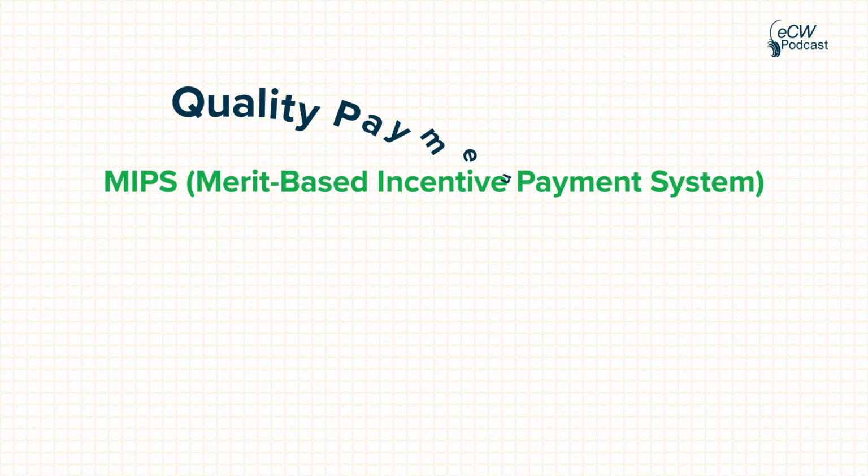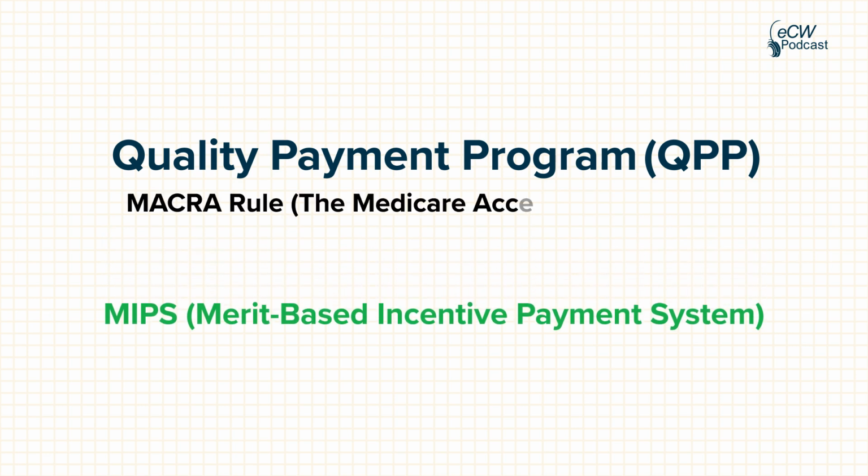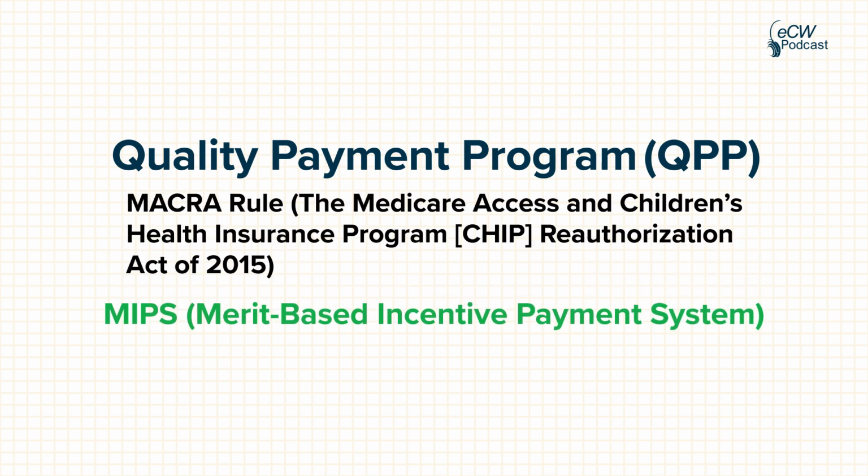Yeah, absolutely. So MIPS, which stands for Merit-Based Incentive Payment System, is one of the components of the Quality Payment Program, also known as QPP, which was part of the MACRA ruling, the Medicare Access and CHIP Reauthorization Act of 2015. Under MIPS, providers earn a positive or negative payment adjustment for their Medicare Part B reimbursement based on CMS evaluation of different performance categories. As far as who is required to participate, MIPS applies to Medicare Part B clinicians,